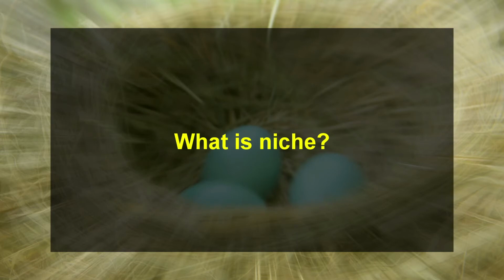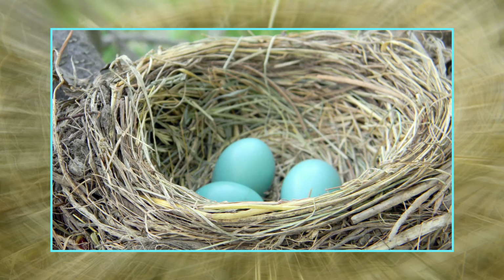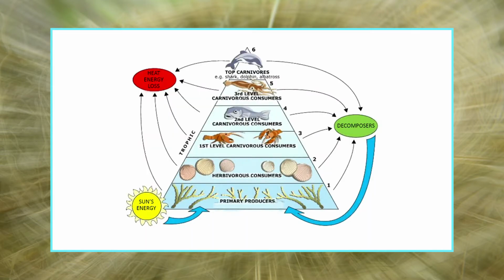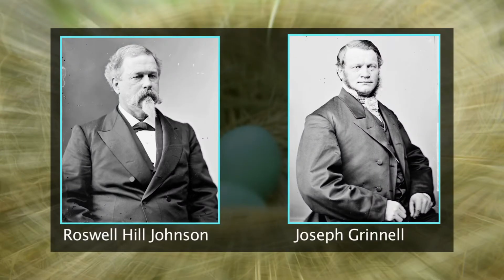Now, let us first discuss what is niche. The word niche is derived from a French word meaning nest. The term niche means more than just the address of a particular organism, the position it occupies within the community, the various interrelationships it has with other organisms around it, the role it plays in the operation of the community as a whole. In ecology, the term was coined by the naturalist Roswell Hill Johnson, but Joseph Grinnell was probably